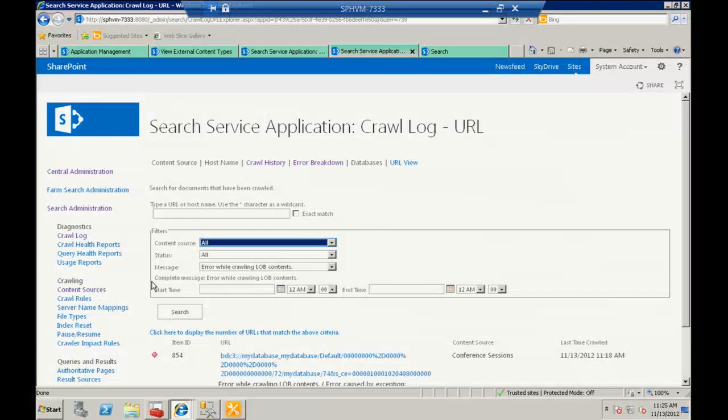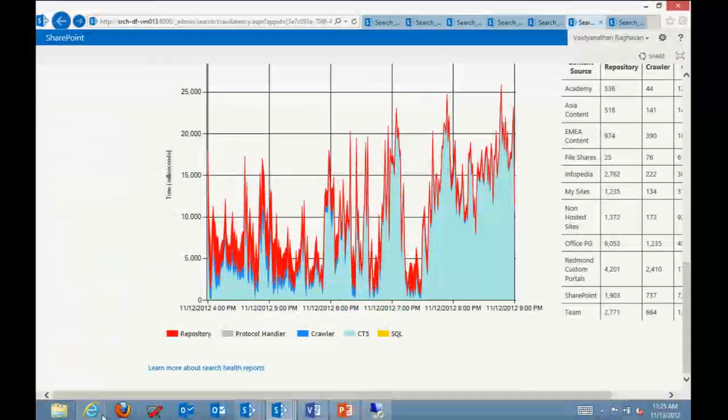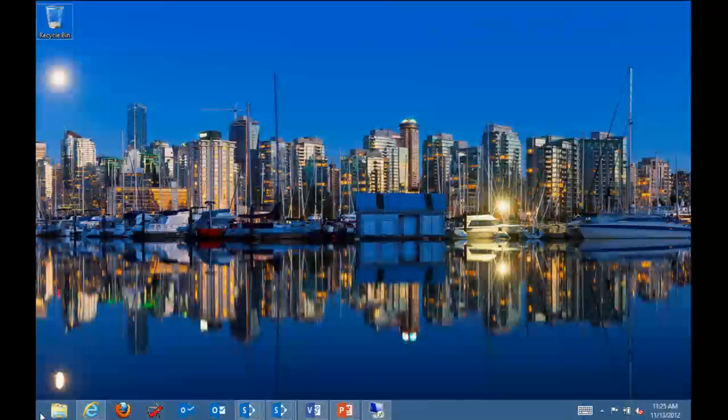That's indexing. Okay, I've run into some kind of a security problem. You're going to have to take my word for it that it actually does wrap up. I'll show you the snapshot over here. Sorry for...